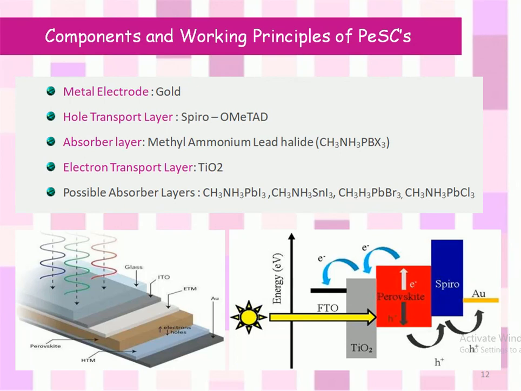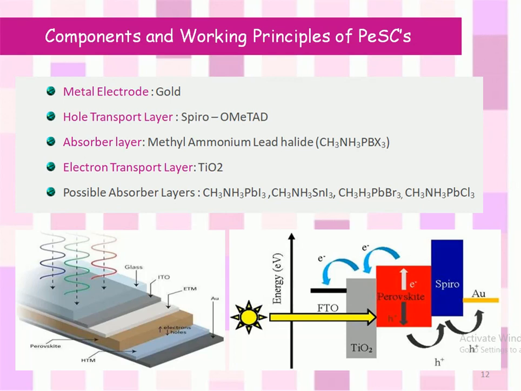In the bottom left, the figure shows the perovskite solar cell's structured layers, where the perovskite, hole transporting material, electron transporting material, ITO plate, and so on, we can clearly observe here. And at the bottom right, we have the mechanism of perovskite solar cells, that is, the working principles of perovskite solar cells,